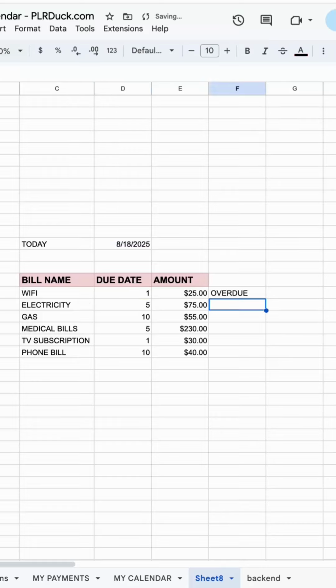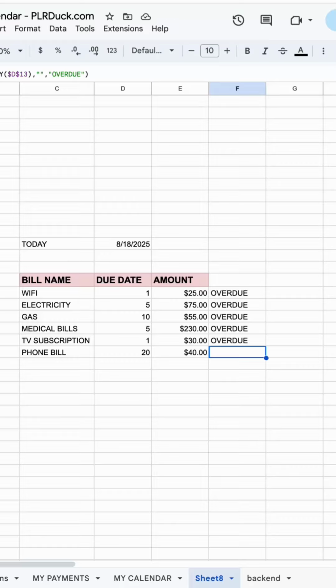And then when I enter, you can see I'm getting it as overdue because the due date is 1 and today's date is 18. So that is why it is telling me overdue. So when I try to completely flash fill this one, I'll get it as overdue for all these bills since the due date is more. So if I try to go and change the due date to 20, see, I will not get any value over here. So it is not overdue.